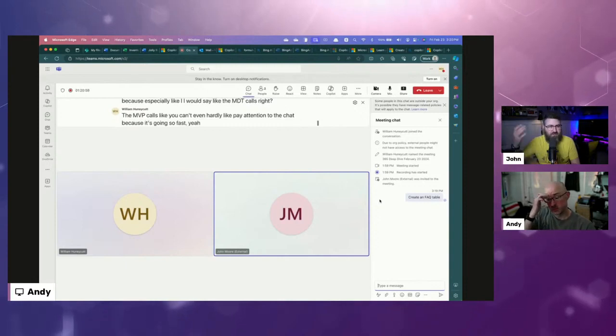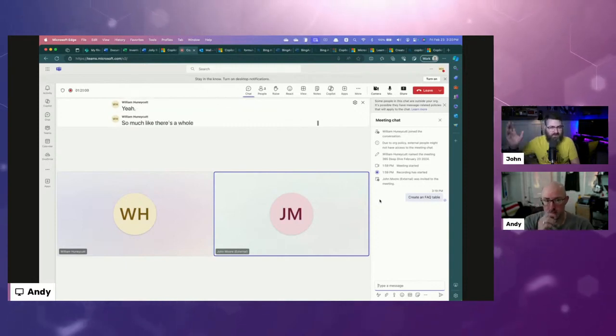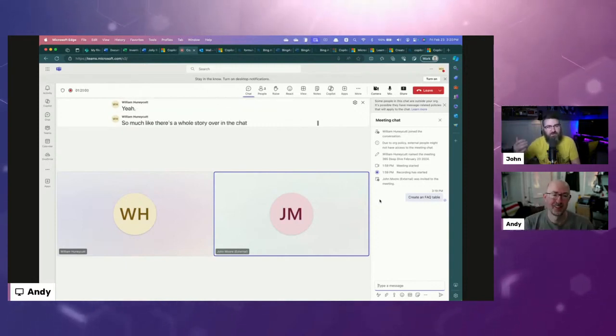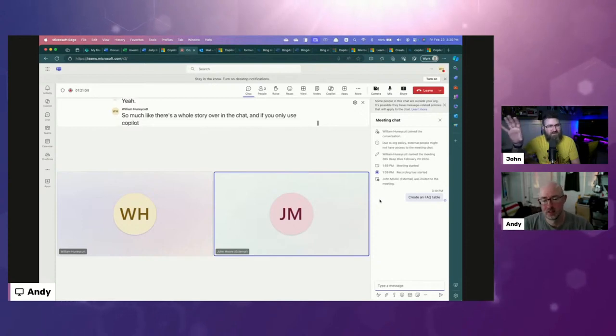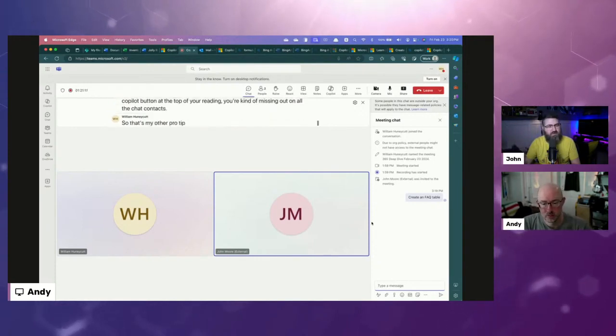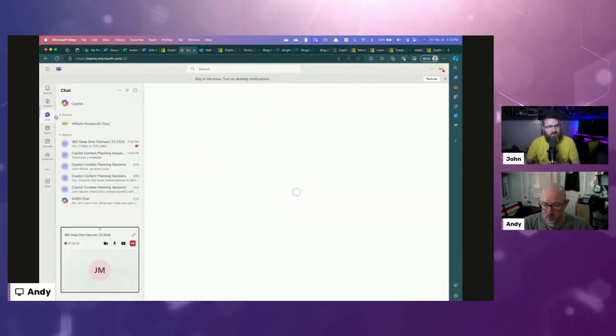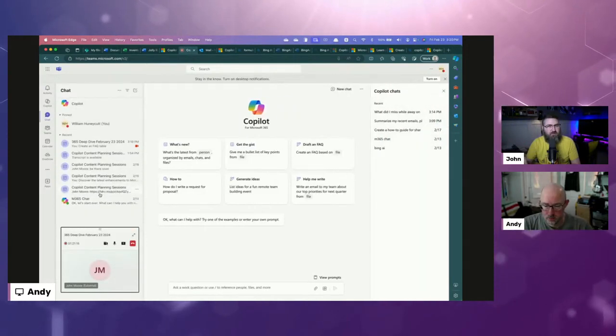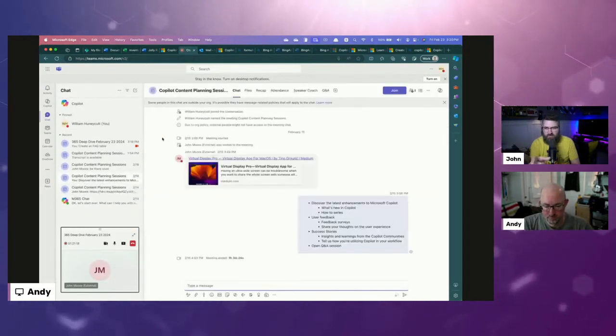So much, like there's a whole story over in the chat. And if you only use the Copilot button at the top of your meeting, you're kind of missing out on all the chat context. So that's my other pro tip: go into the chat and ask Copilot for an FAQ from that as well. Yeah, Andy, you've got to go into your top chat right there,